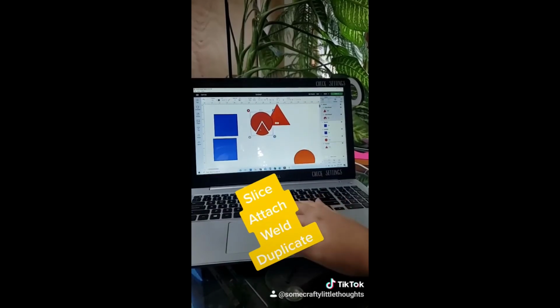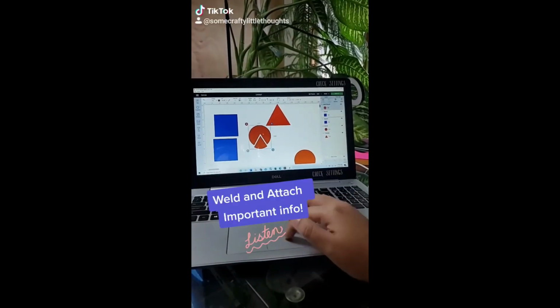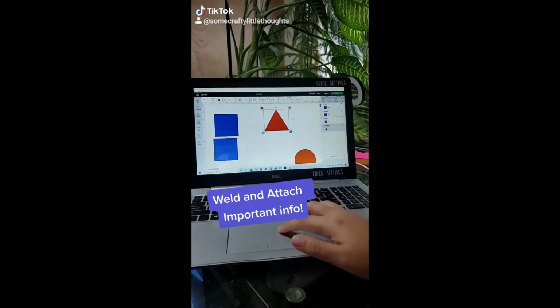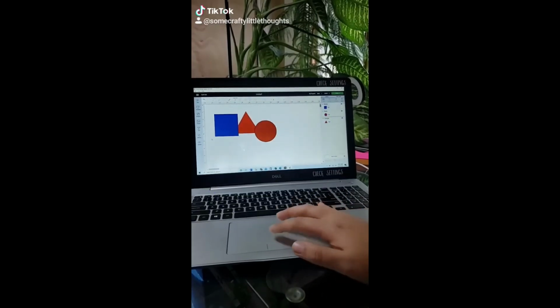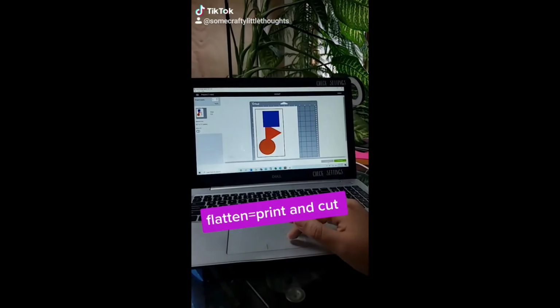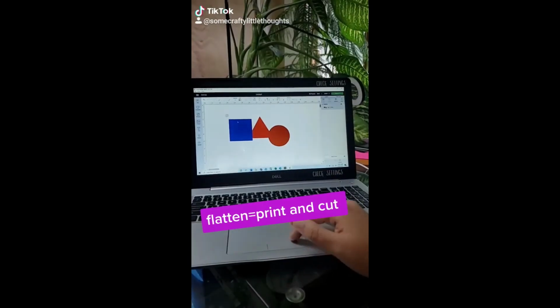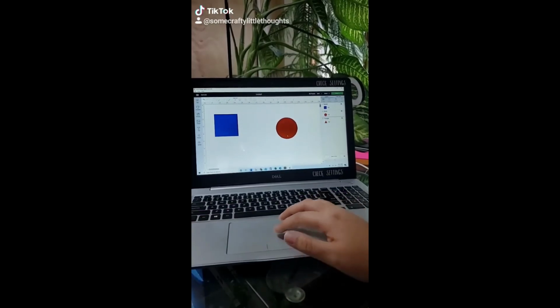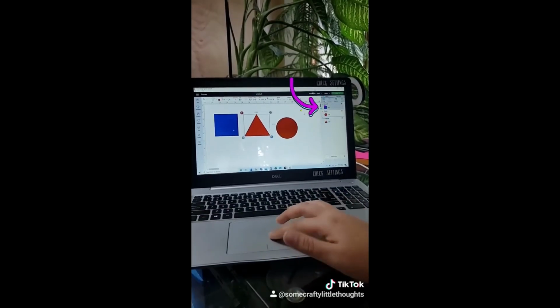Super quick here on welding and attaching. When you attach two items, you can detach them. But where they overlap, there will be still cut lines. If you weld something, there will not be cut lines in between, but you cannot unweld them. I'm flattening these images, which then turns it into a print and cut. I undid that. I'm going to make a little house and show you that the layers on the right-hand side,